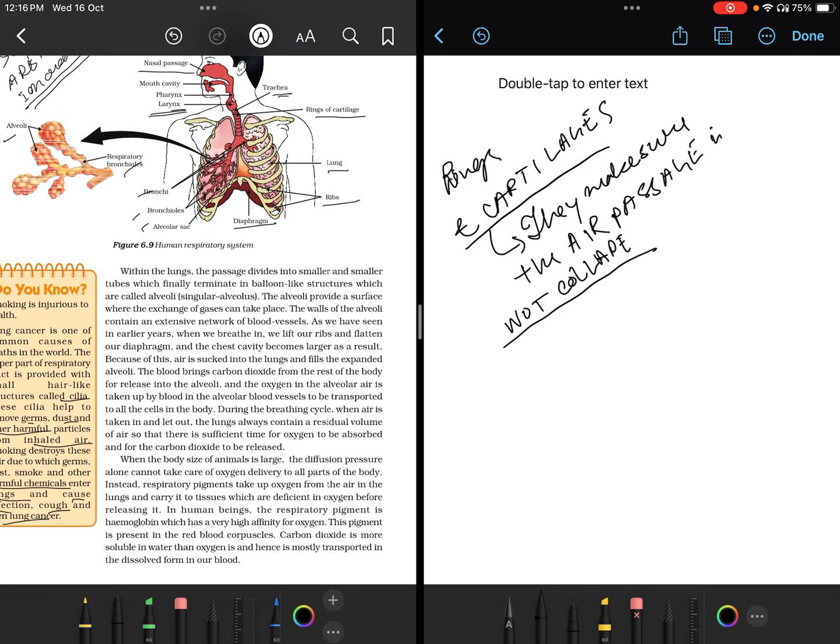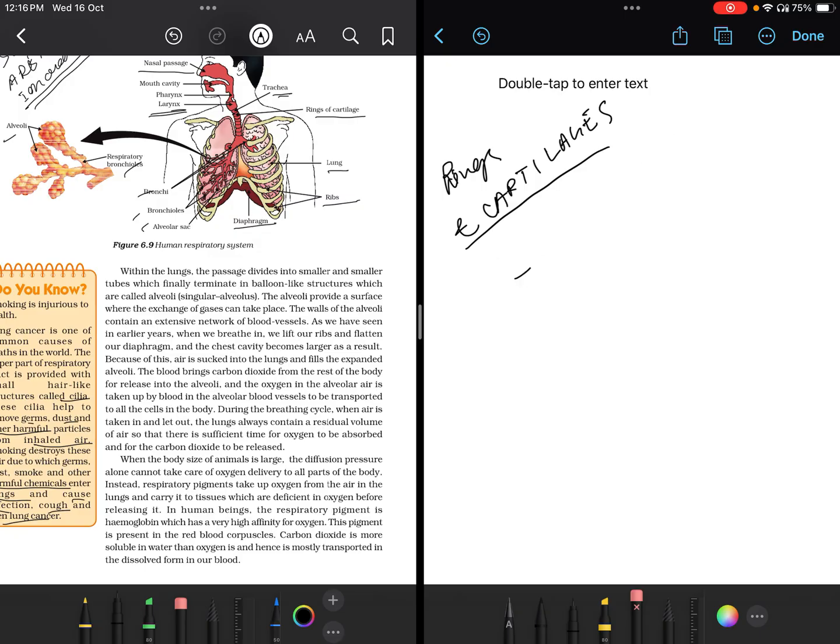Now coming to this paragraph, let's simplify this paragraph as well, and let's complete the human respiratory system today only. Within the lungs, the passage divides into smaller and smaller tubes, which finally terminate in balloon-like structures called alveoli, and in singular, alveolus. The alveoli provide a surface where exchange of gases can take place. So you have to remember, exchange of gases